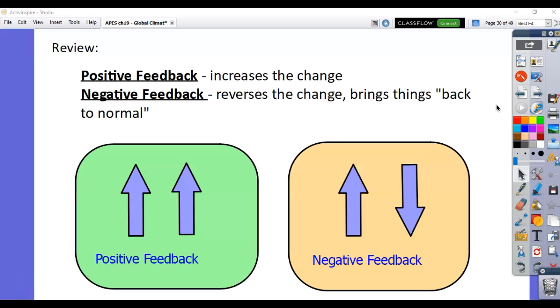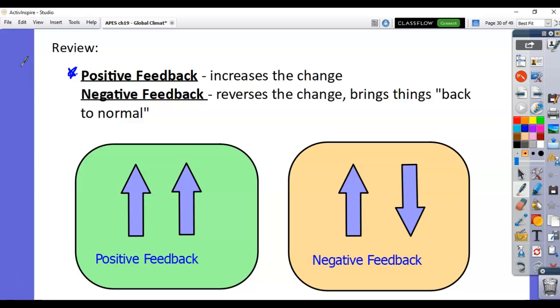So we're going to look today at positive and negative feedback. Yesterday I gave the assignment to do the positive and negative feedback and explain it, and it gave you different examples. A lot of times they like to give examples and ask you which is an example of positive feedback or something like that. So when we talk about climate change, the reason climate change is such a big deal is because we have lots of these positive feedback loops in play. So positive feedback loops increase whatever change we have.